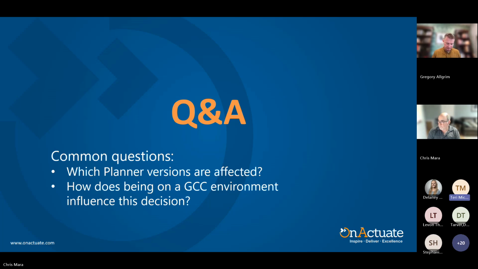Yeah, so licensing we can talk about. Do you have a slide on that by any chance, Greg? No, I'm afraid not. Okay. I can follow up with that and just drop an email to the attendees, or I'll get it to Delaney and she can do that. Is Project Server going away at some point? I do not know the answer to that, unfortunately. Project Online will be supported until September 30th.